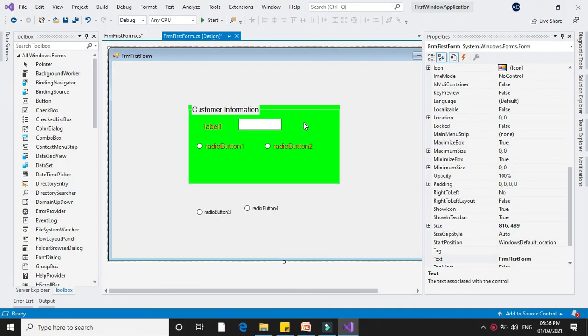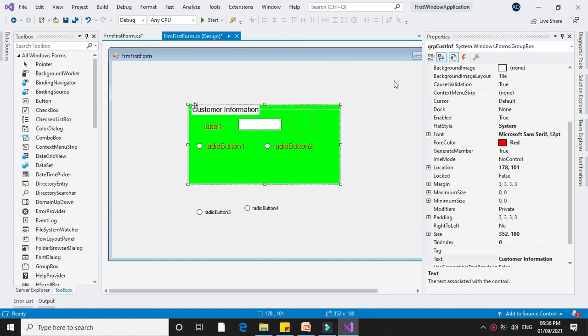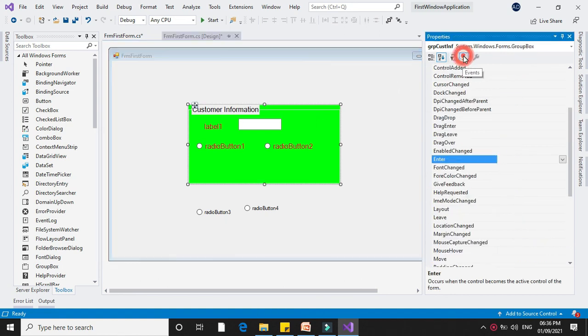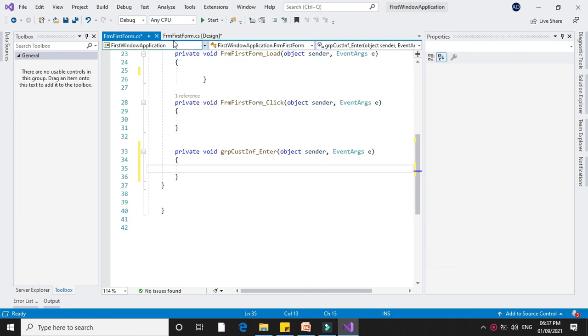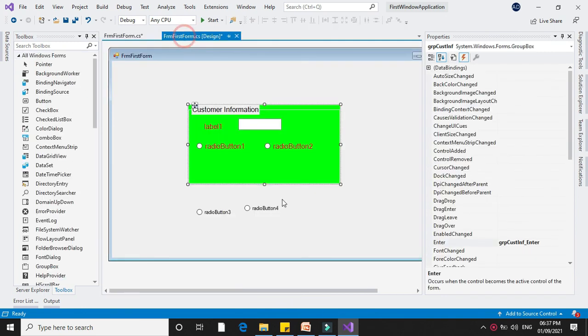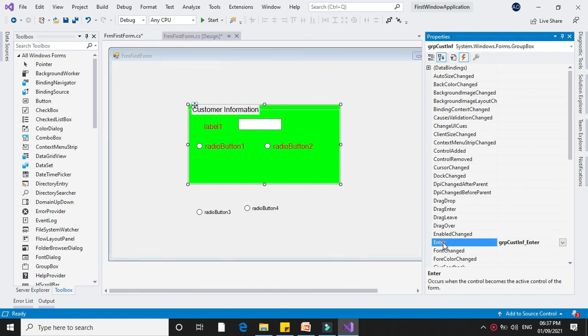Generally events for group box controls are not used, but to write any event you can select from this event window. You can select any event by double clicking on it. You will get the event here.